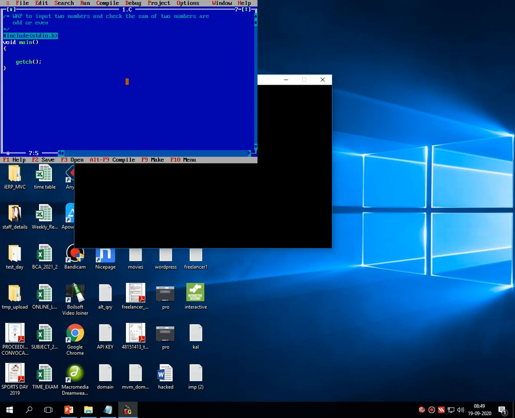Now as per this definition I have to input the two numbers. So here I am declaring the two variables called integer a, b. Then I also require the sum, so here I am writing sum. So three variables are there: integer a, the first number; integer b, the second number; and the sum, which is the sum of these two previous a and b. Then CLR.